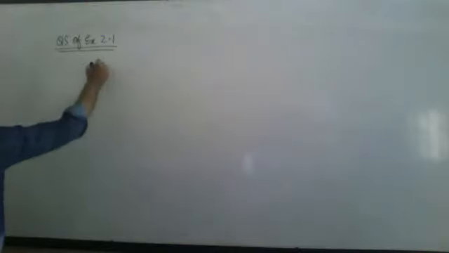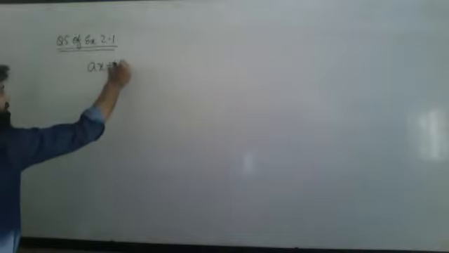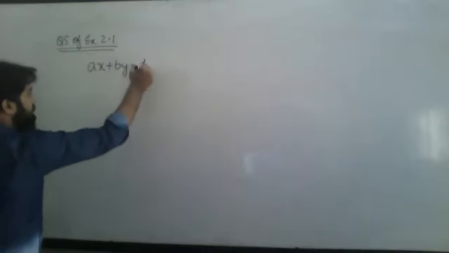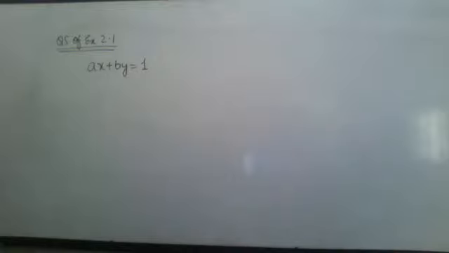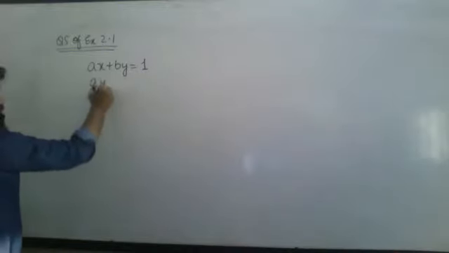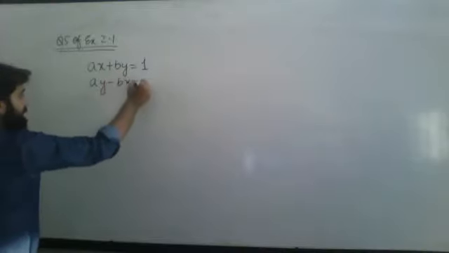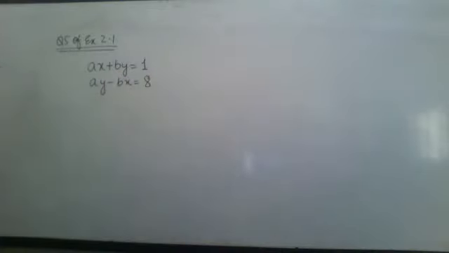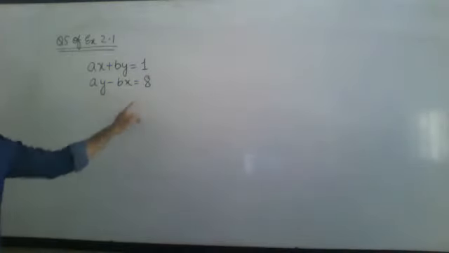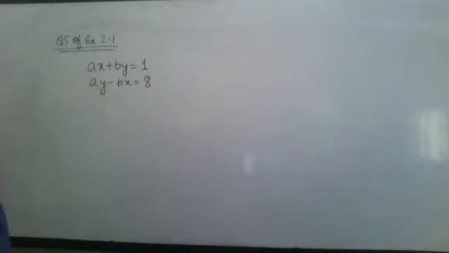Question number 5 of exercise 2.1. They are giving us two equations: ax plus by equals 1, and ay minus bx equals 8. And they are saying that